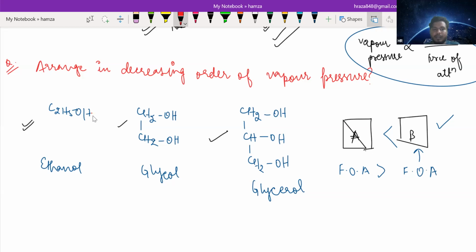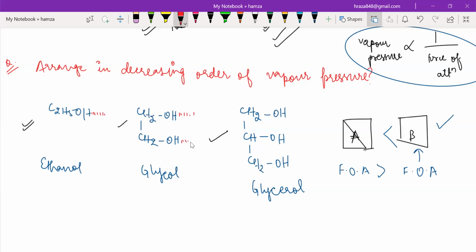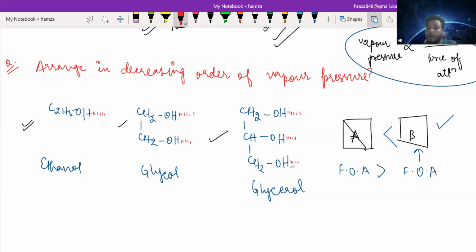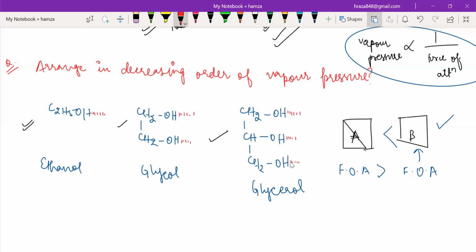So you can see this will make hydrogen bonding like this. Sir, how do we know if a compound has a higher force of attraction? So you have to see which type of compound it is. Like in class 11th, you have studied states of matter and chemical bonding. Yes or no? Yes. So there is hydrogen bonding, which is very important.